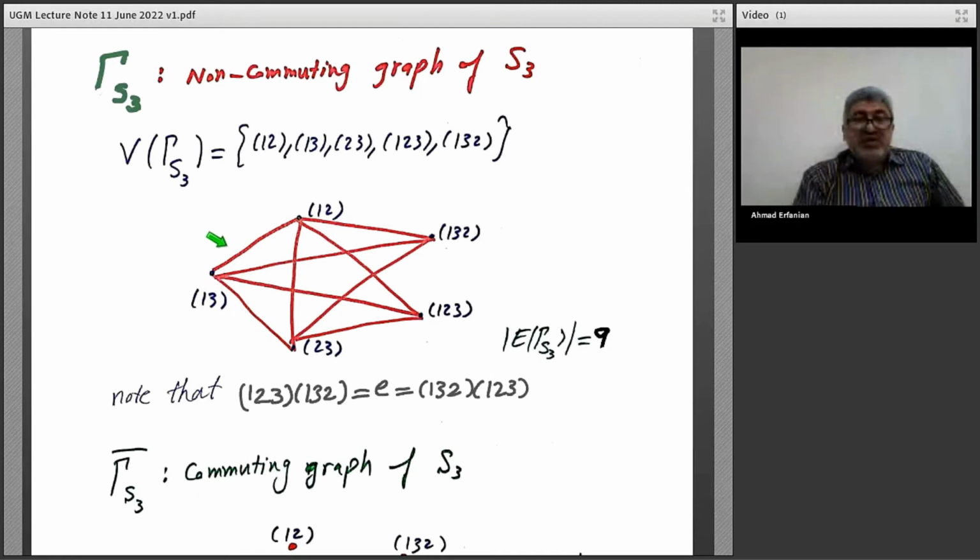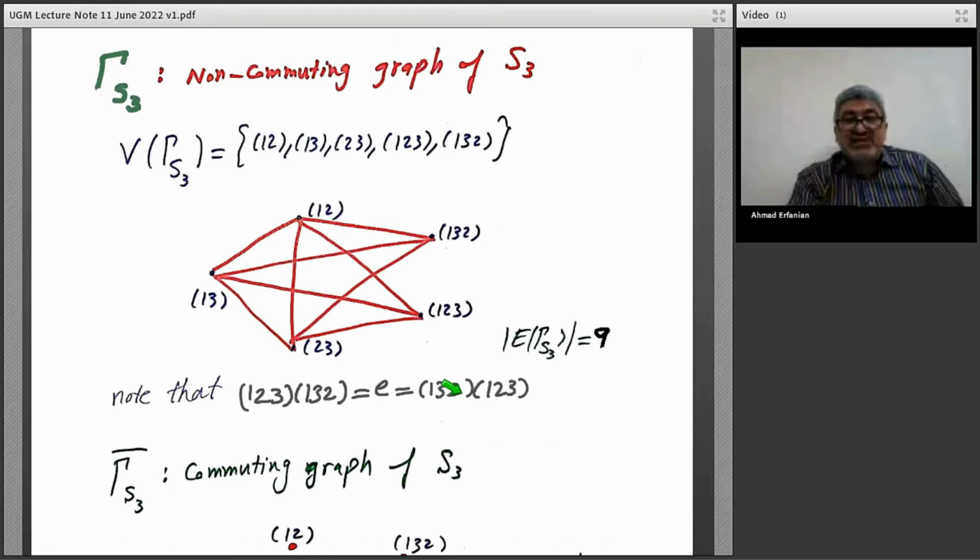You can see that (1 2), for example, is adjacent to (1 3). Why? Because (1 2) times (1 3) is not equal to (1 3) times (1 2). In other words, (1 2) and (1 3) do not commute. So since (1 2) and (1 3) do not commute, we will have an edge between (1 2) and (1 3). But here you can see we don't have an edge between (1 3 2) and (1 2 3), because